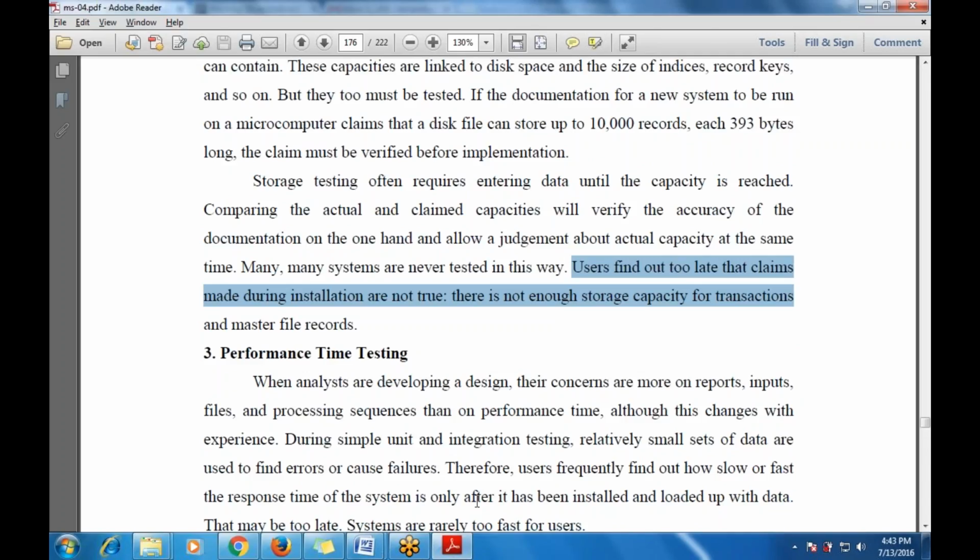Then next one is performance time testing. As the name suggests, this testing is performed on performance time. When analysts are developing a design, their concern is more on the reports, input files, and processing sequences than on the performance time. Although this changes,